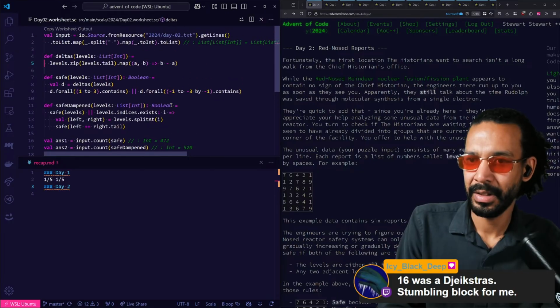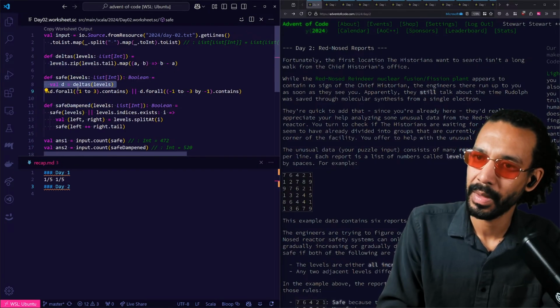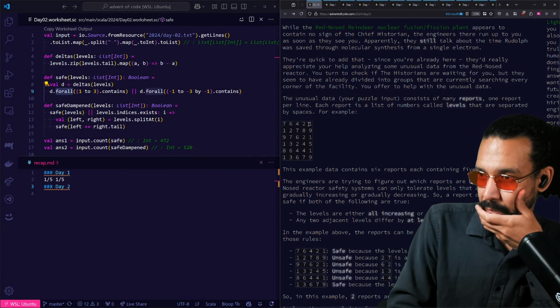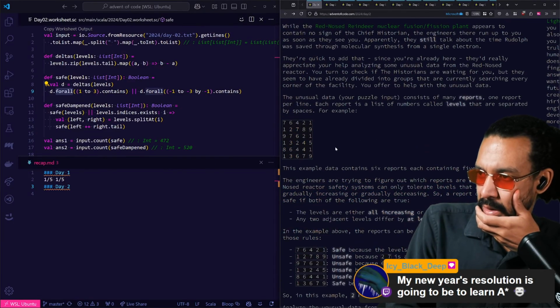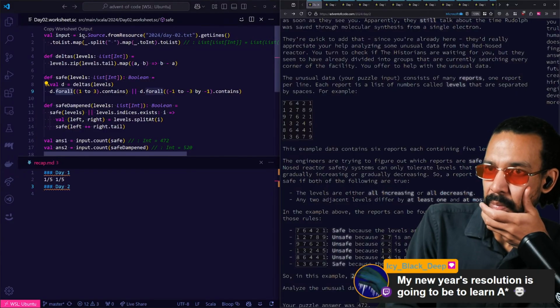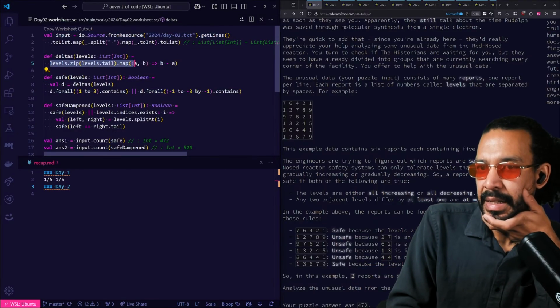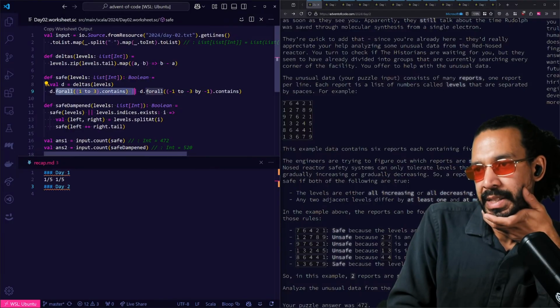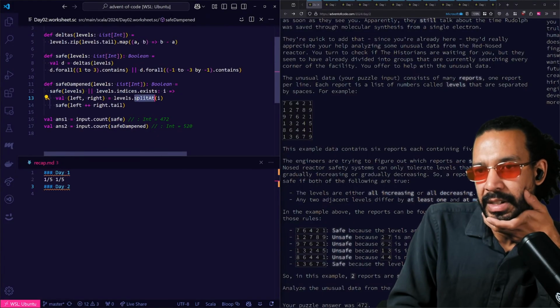Let's see. Day 2's, we count safe dampened. What was this? The levels are all increasing or decreasing by 1 or 2. Oh, so these are each rows. So we get the deltas, and right, we just check pairwise zip if they all match that criteria. And for safe dampened, we additionally